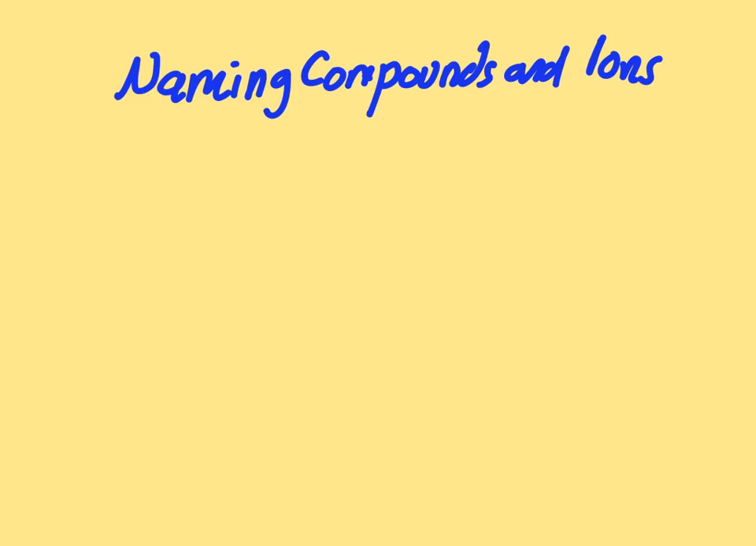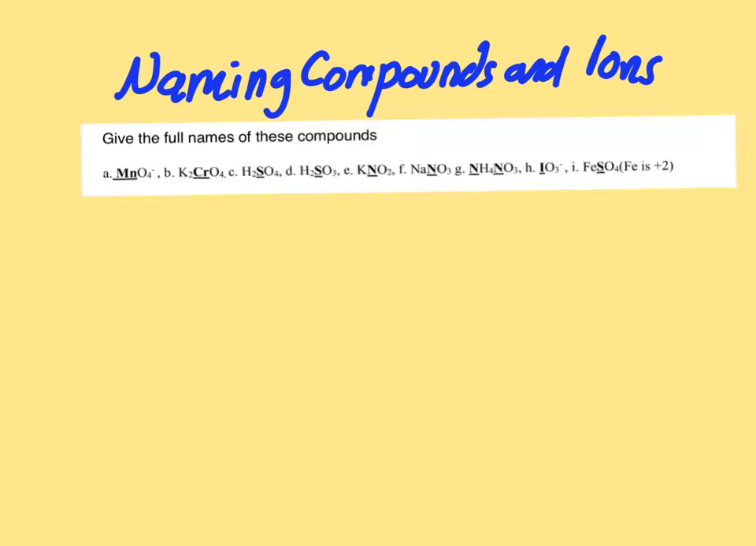In this next section, we'll be naming compounds and ions. In your independent study booklet, you're asked to give the names of these compounds and ions. So the first one, let's look at how we would name A. It's MnO4-. The first thing you need to do is to find the oxidation state of the element here, because we